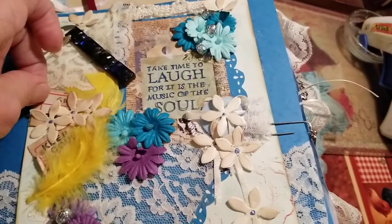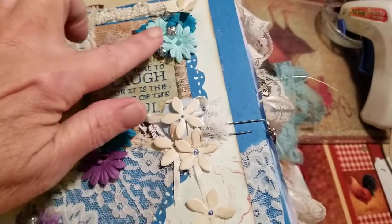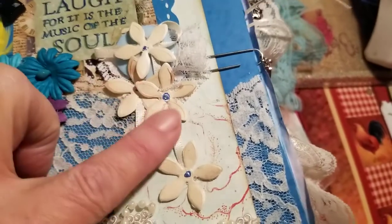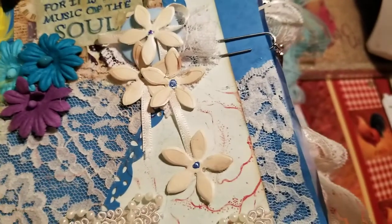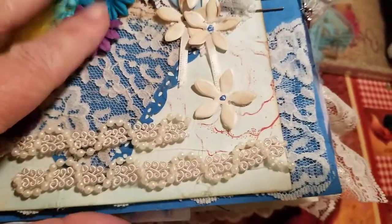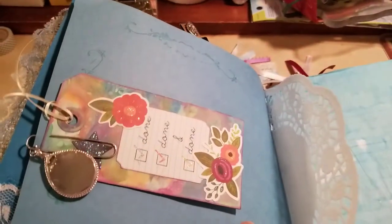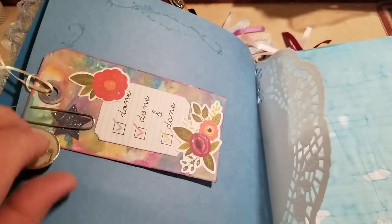a little ticket that's in there. "Take time to laugh, for it is the music of the soul," and some little flowers and beads on it, and it's just a collage of things. Some hanging ribbon with a button underneath it, and some lace, and some trim, and just things that I thought were really pretty, and some wedding trim. And it has a little clip on it with a little bird on it, and it shows from both sides. So when you turn it around, this is a tag that Stacy from Pink Poodle Crafts sent me in the mail,